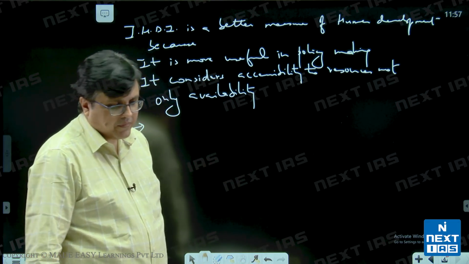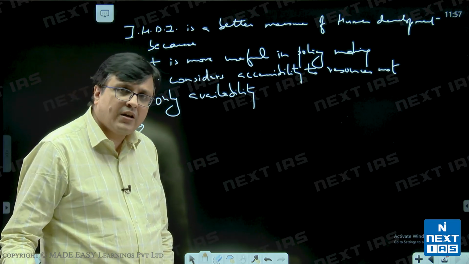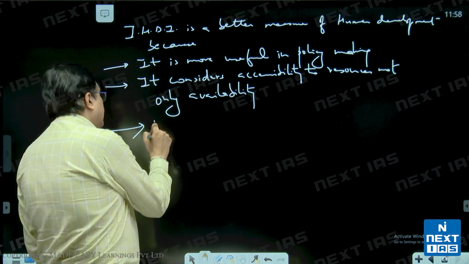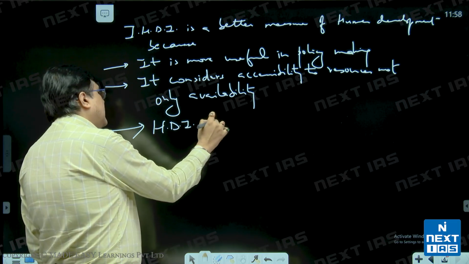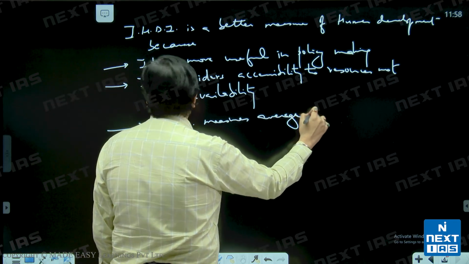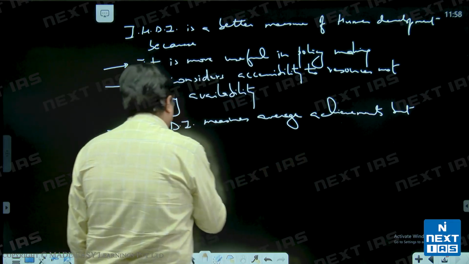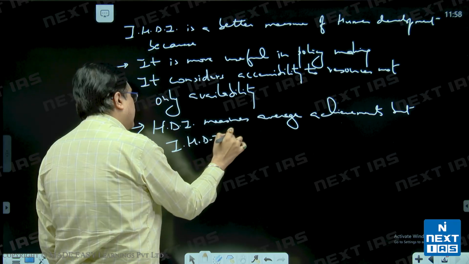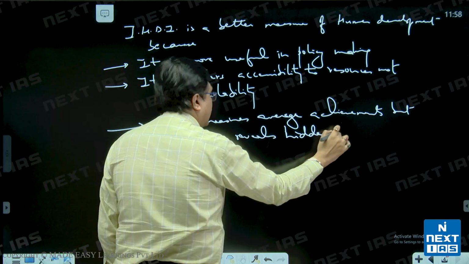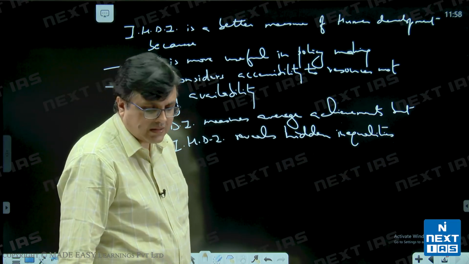And then it measures average achievements, but IHDI actually reveals the hidden inequalities. So HDI measures average achievements, but IHDI reveals hidden inequalities that we observe,